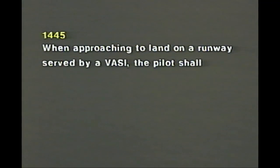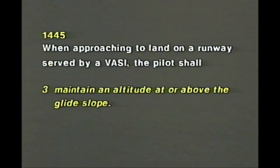Let's move to next page, question 445. When approaching to land on a runway served by a VASI, or visual approach slope indicator, the pilot shall... Well, number 3, maintain an altitude at or above the glide slope. And that's, of course, until you're in a position to land the airplane. Question 446. An on-glide slope indication from a tricolor VASI is...